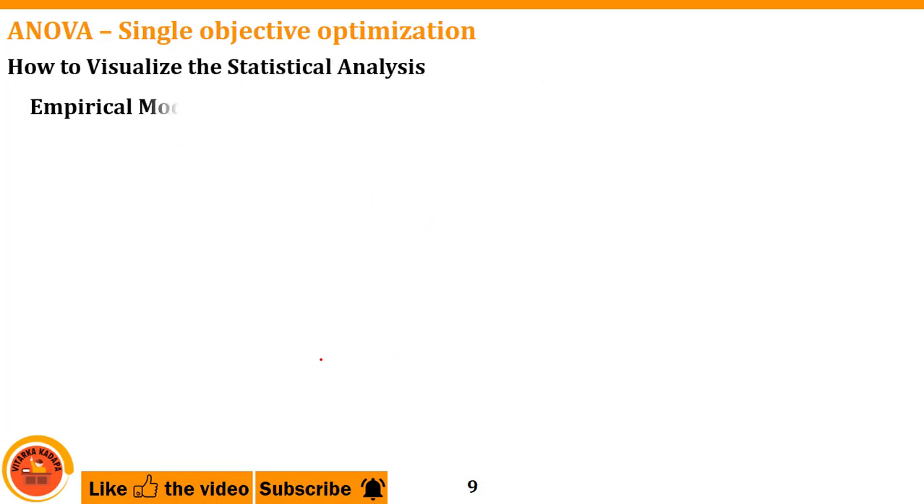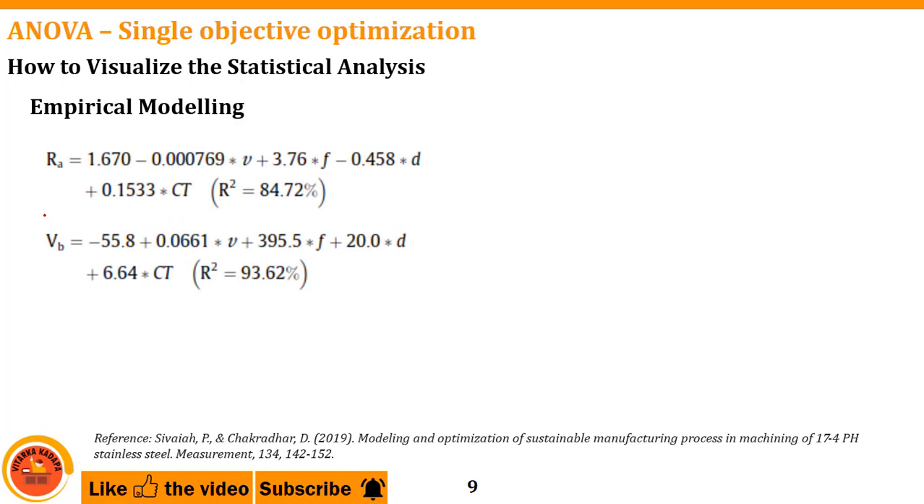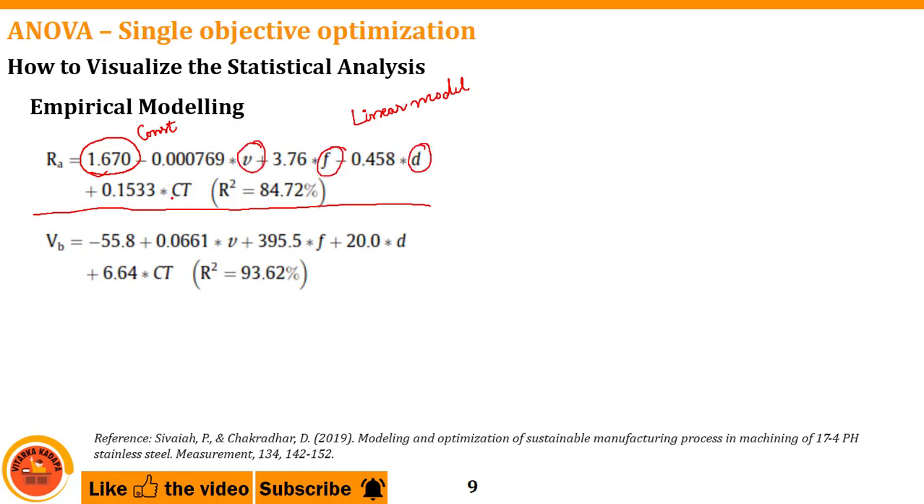Okay, next one is empirical modeling. Why is this modeling used? It is used for forecasting or prediction of various machining parameters, or to know the behavior of your experiment. There are many uses. Now the empirical model here is this one. This is a linear model. Here you can see we have a constant value, followed by cutting speed, followed by feed rate, followed by depth of cut, followed by coolant type. All our 4 parameters will be there, and R is called